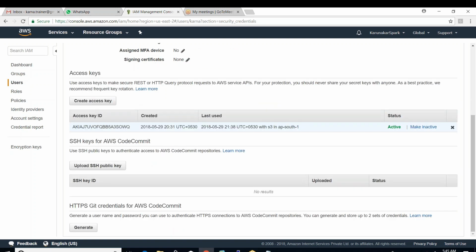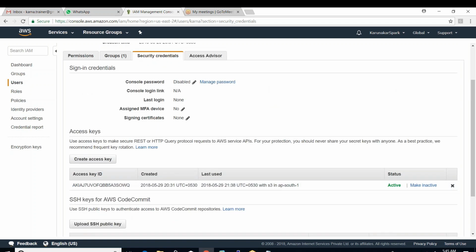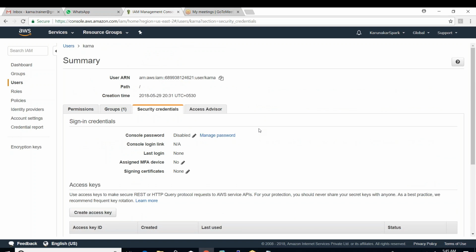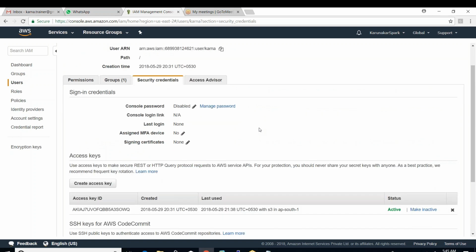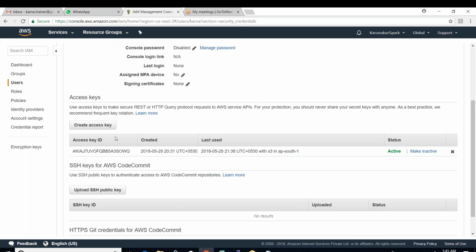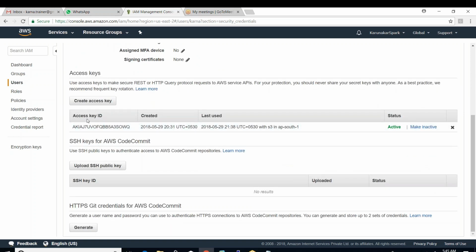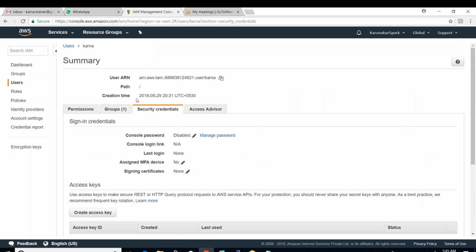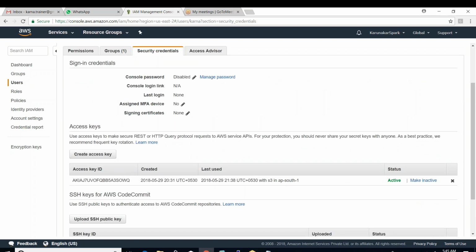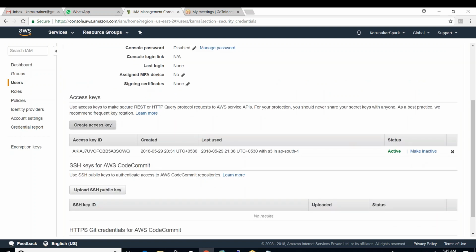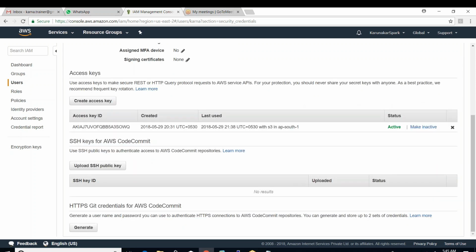We can download it as a CSV file directly. Signing credentials, access key. We can see the access key ID here. Can you see this one? Under this user, you have create access key. If you want to create a new access key, you get a new one. Otherwise, we'll have the old access key here.